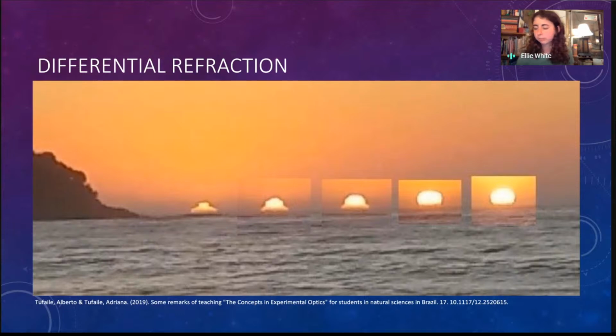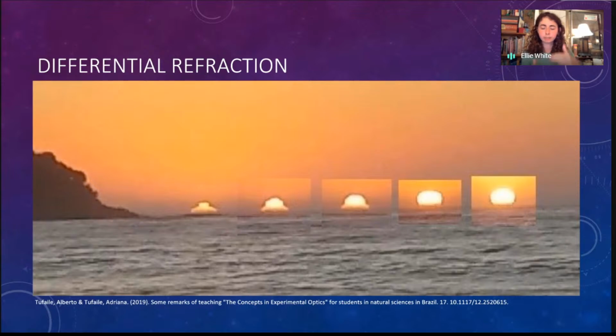And you don't want to confuse this with atmospheric dispersion. Sometimes people do confuse that, but that's another thing entirely, and I'll talk about that in a minute. So differential refraction is therefore an important effect to consider when predicting what pixel the image of a guide star should land on. I've included this image here because I think it's a really good illustration of it. You can see as the sun is setting, its shape is actually changing. It's becoming squashed. So this is a really good example of differential refraction.